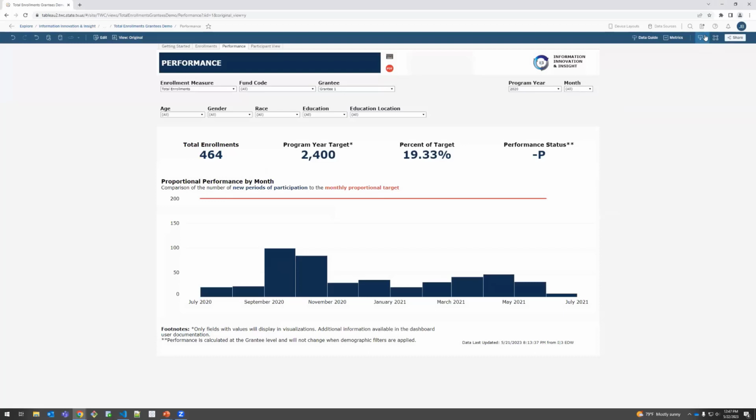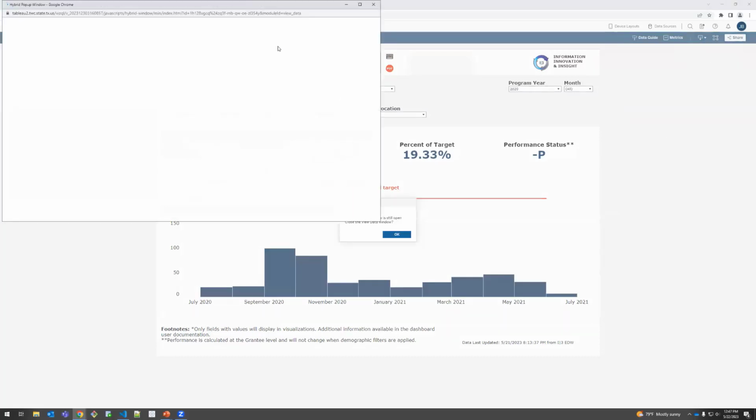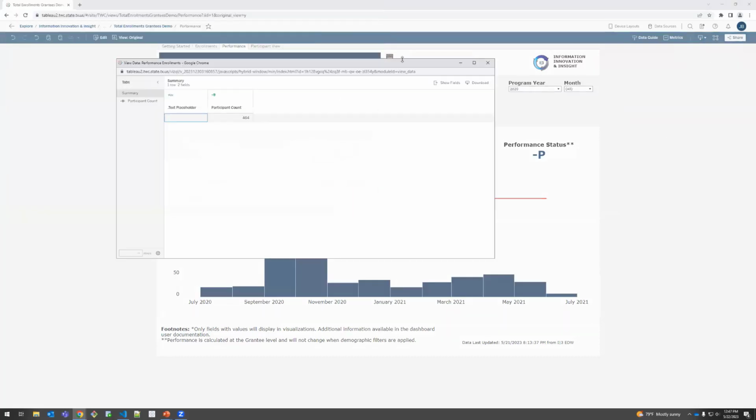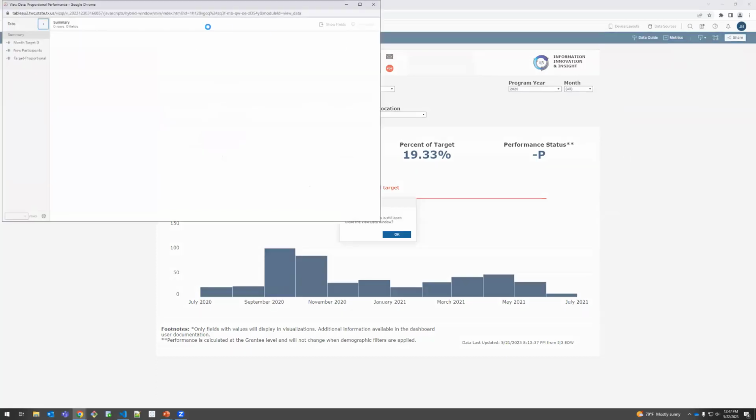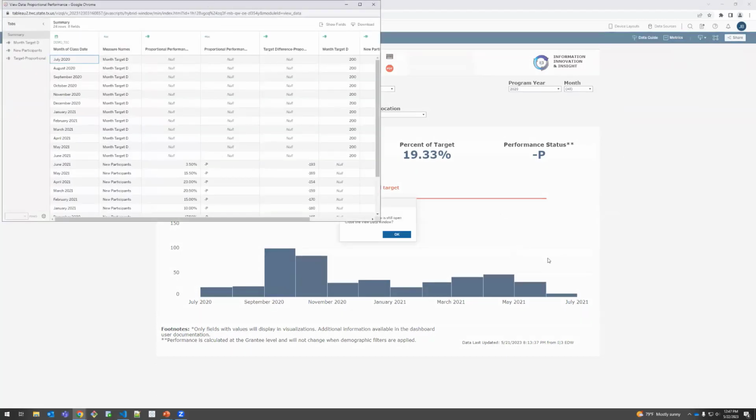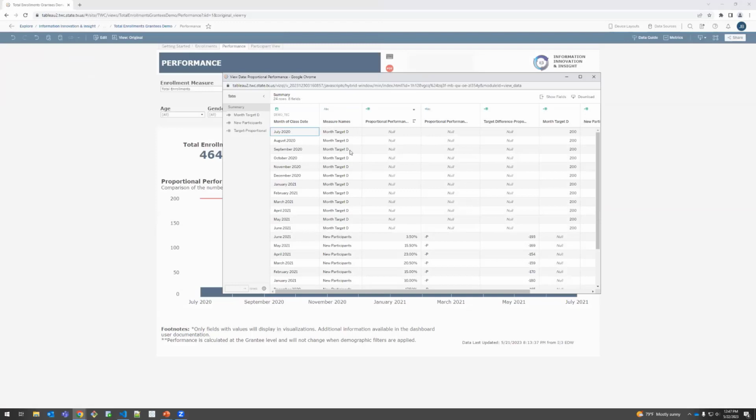The thing that happens most often is people are like, I can't download data for some reason. So I keep going up and selecting data to download, and it's just coming up empty. The reason it comes up empty is because you haven't selected a visualization. It doesn't necessarily mean the visualization has to be highlighted. So you saw just there, I just clicked generally on the visualization. And when I select data,